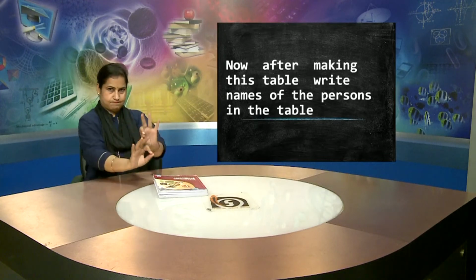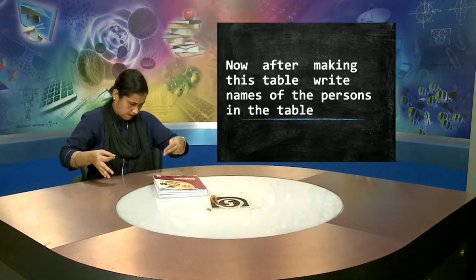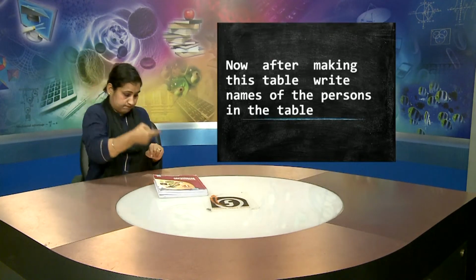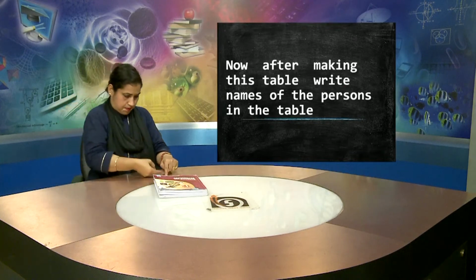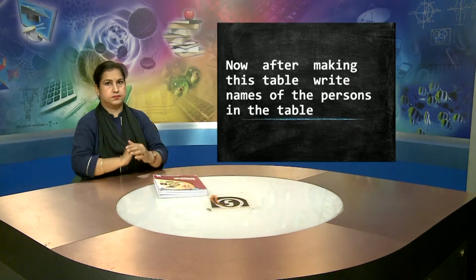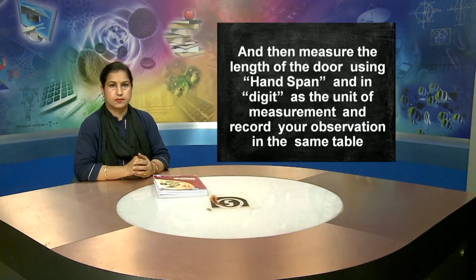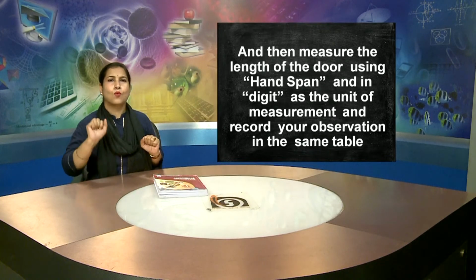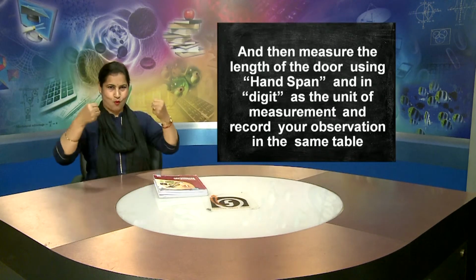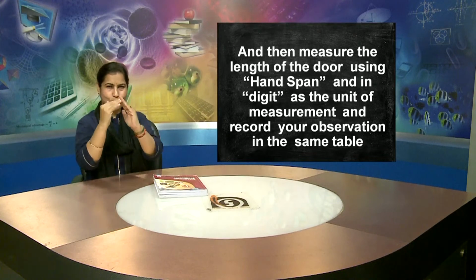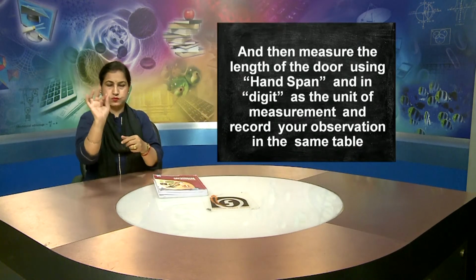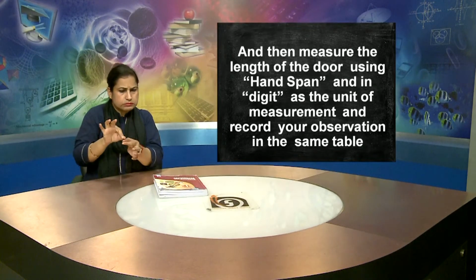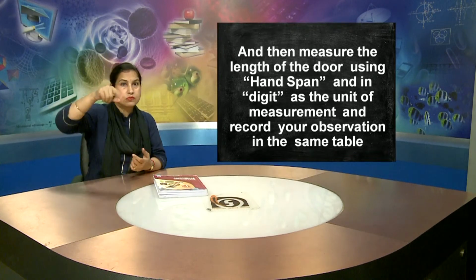Now, after making this table, write the name of the person in the table. And then measure the length of the door using hand span and digit